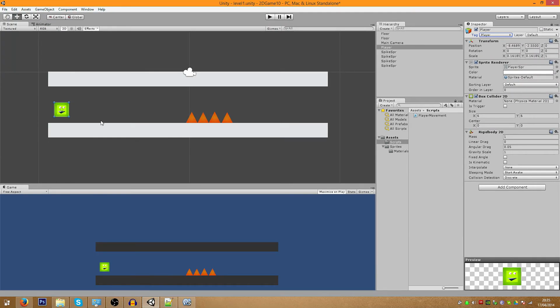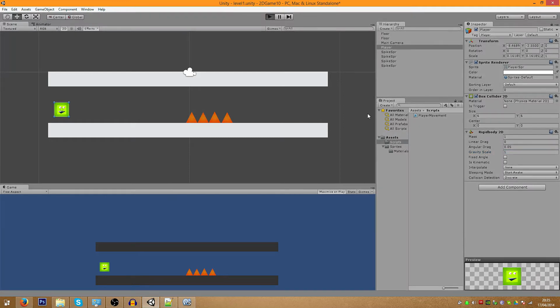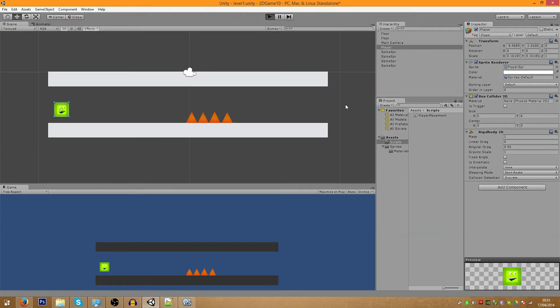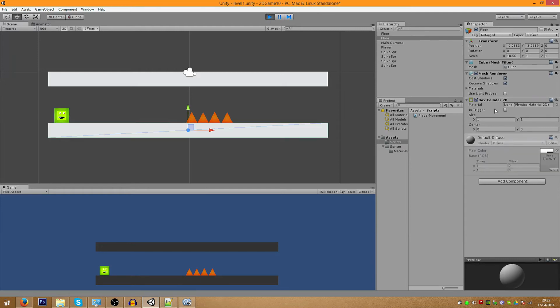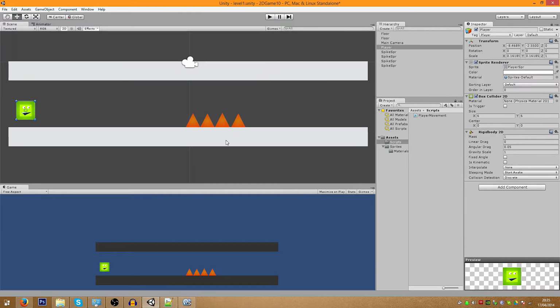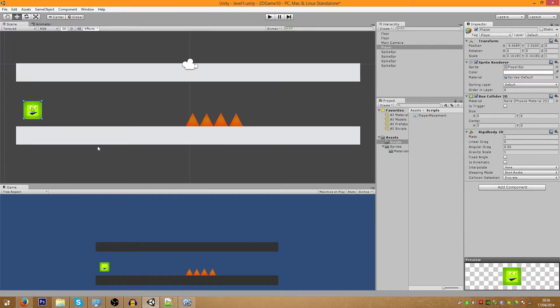So, anyway, now we've set our box collider and we've given it a rigid body. We're able to mess around with the gravity scale. So, if you notice when we press play, oh well, sorry about that. When we press play, our player actually drops to the floor because it's got a gravity now of 1. Because we've given it a rigid body, it's got a mass of 1 and a gravity scale of 1, and so it falls, and then it collides with the box collider that we've set. So yeah, once you've done that, we can go back to coding and do some cool stuff, and you'll see why in a minute.